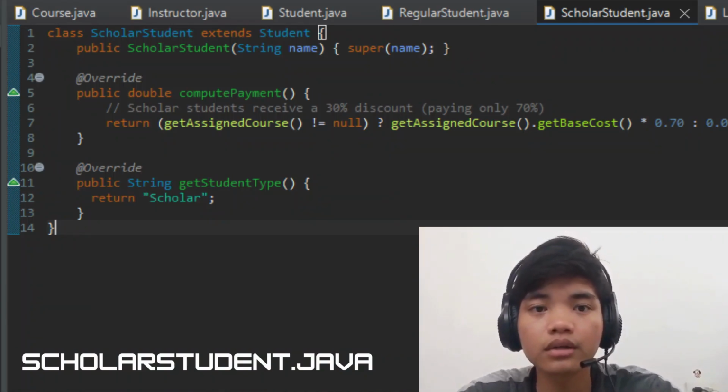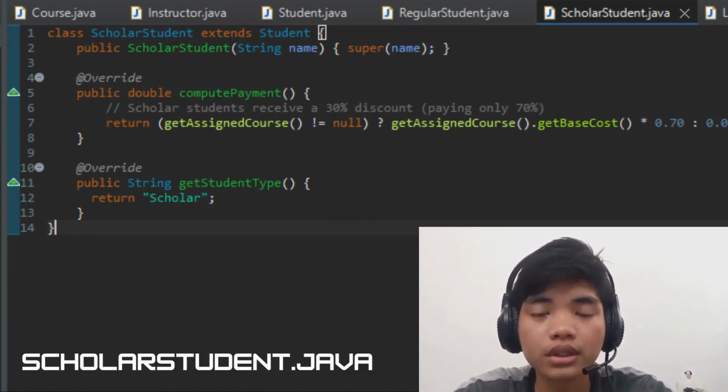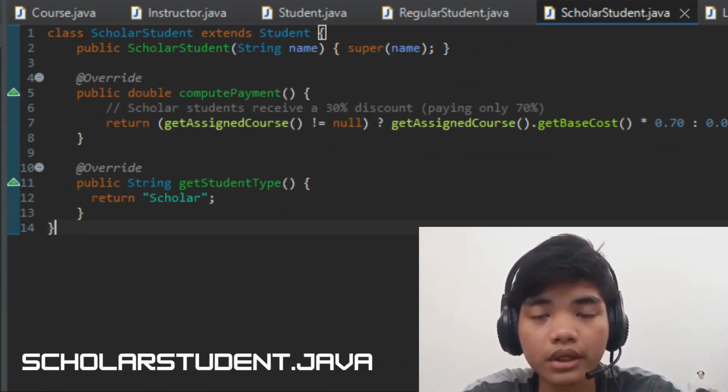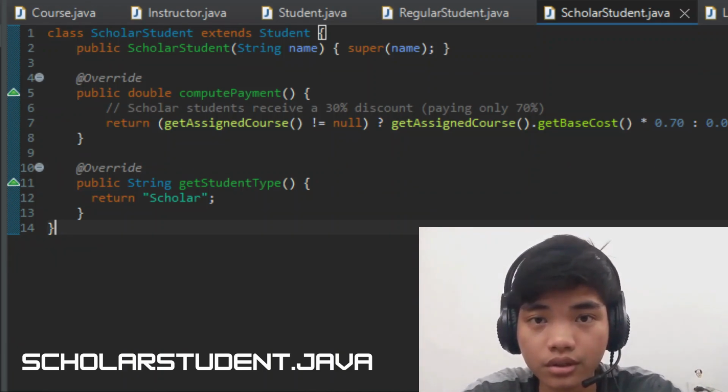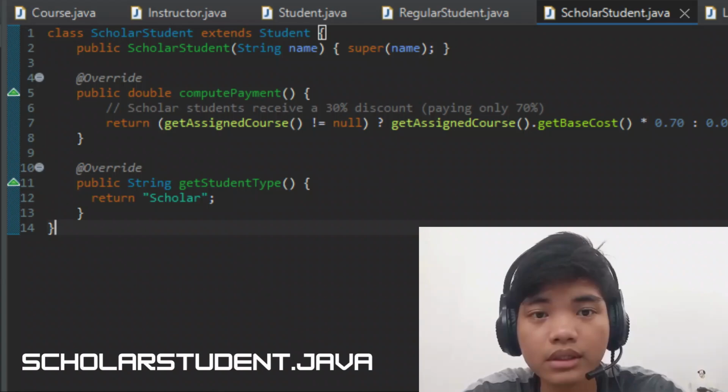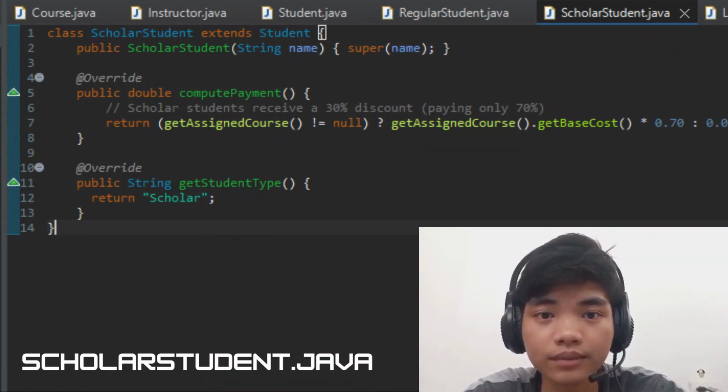This method calculates how much the student needs to pay for scholar students. They receive a 30% discount. That means they only pay 70% of the course cost. Next, the formula used is: if the student has an assigned course, the payment is the base cost multiplied by 0.70.